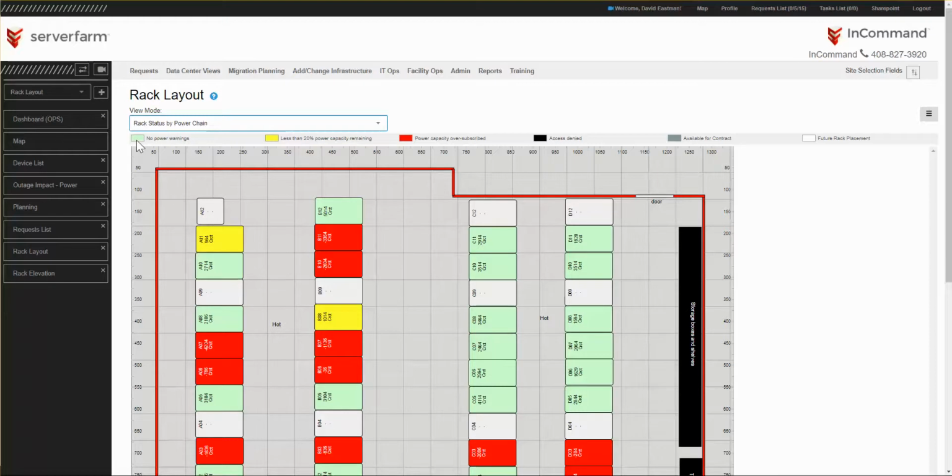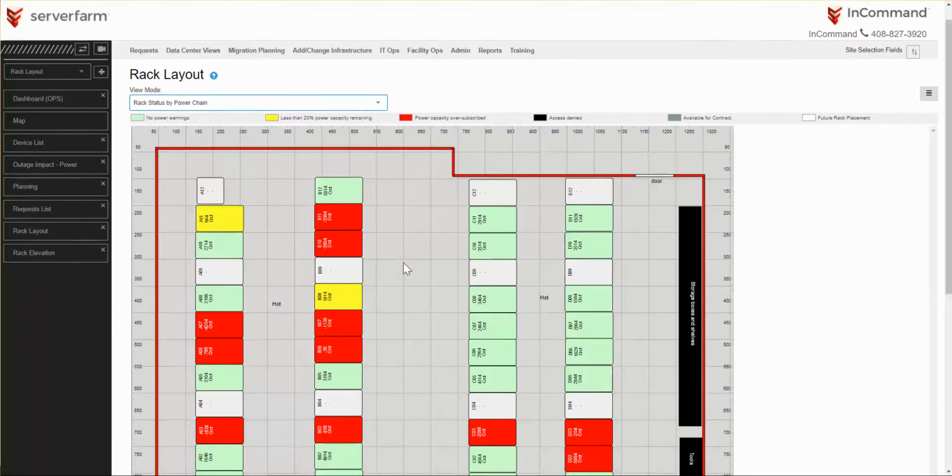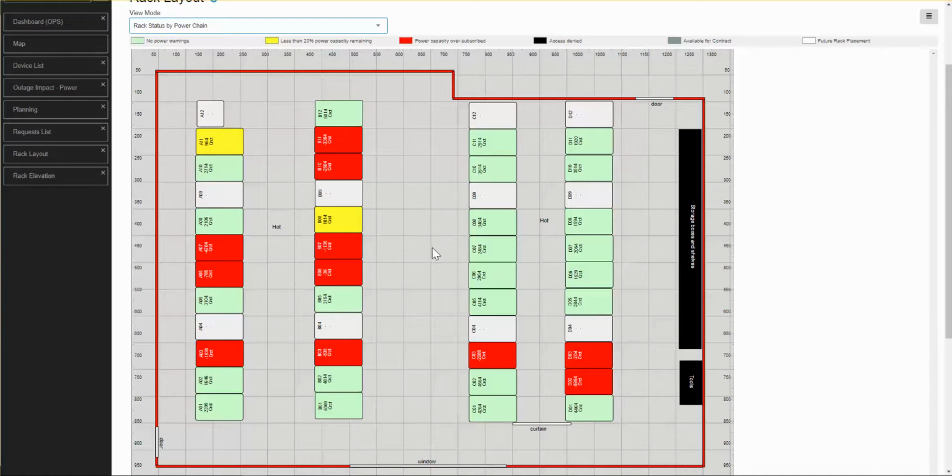The light green legend means there's no power warnings. A yellow rack means that there's less than 20% of the power capacity remaining in the rack. Red means the power capacity is actually oversubscribed. So as we look at this room, we see, wow, I've got a lot of racks that have oversubscribed power. Now we'll circle back and look more closely at these racks, but let me highlight a few other general issues